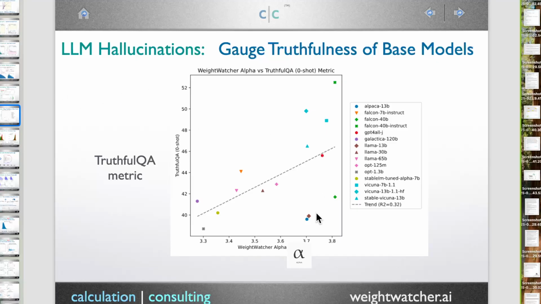It turns out that the average alpha appears to be weakly correlated with hallucinations. So here I take all of these base models, a whole bunch of models. I did this about a year and a half ago. So Falcon, GPT, Llama, OPT, Vicuña. I took all these base models, ran the average alpha, and measured it against the TruthfulQA metric. And you get this really interesting weak correlation: models that have smaller alphas on average tend to be less truthful. And what I would say is that, well, the model's working better, right?